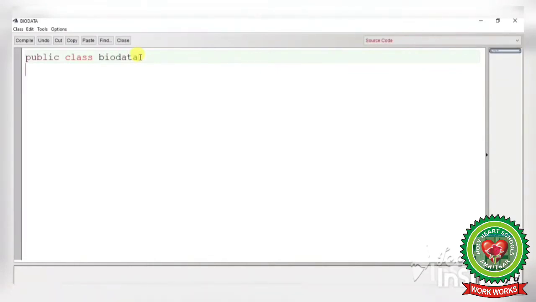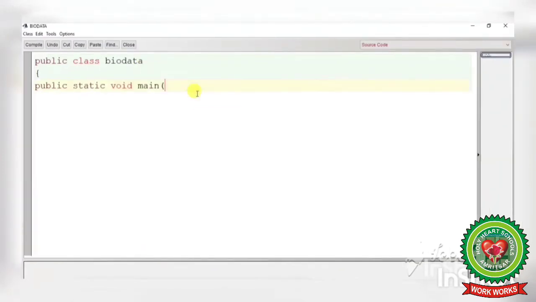Now come to the next line by pressing the Enter key and put the curly braces with the help of the Shift key. Now the next line is public static void main, bracket, String. While writing the word String, S should be capital. String args and square brackets.